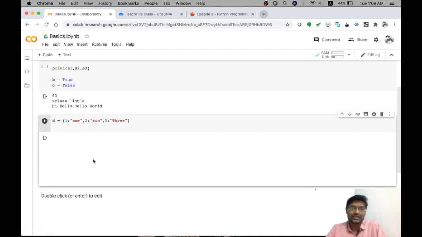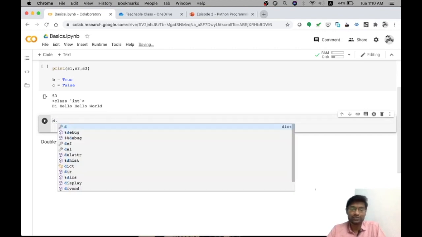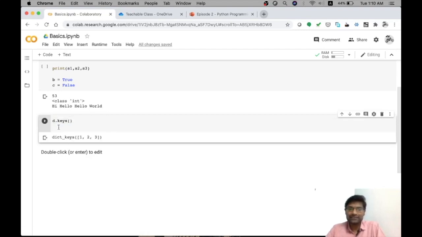My dictionary D has got created and there is no output resulting from this. To access values of a dictionary, I can use the function d.keys. So d.keys will return the keys portion alone. There are 3 values, 1, 2, 3, which are part of keys. To extract that alone, I can use this method. To extract values alone, I can give d.values. This will return the values portion of the dictionary. So all the values 1, 2, 3 were part of the values portion in the created dictionary.